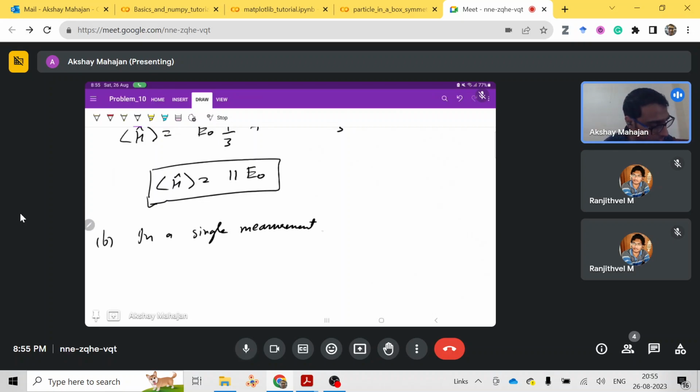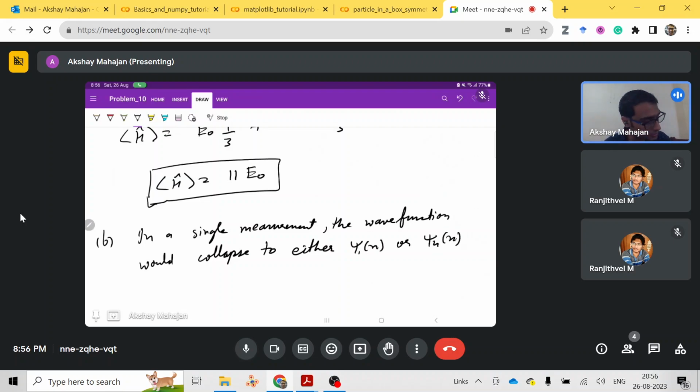the wave function would collapse to either psi 1 of x or psi 4 of x. Okay, so our wave function will either collapse to psi 1 of x or psi 4 of x. So the measured energy